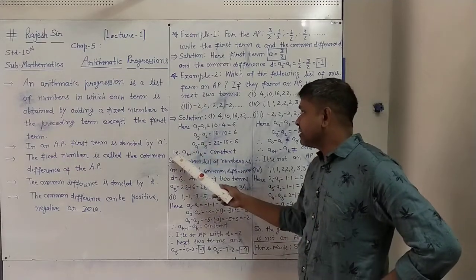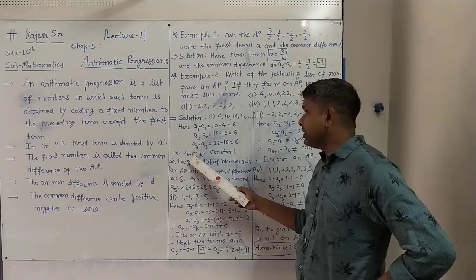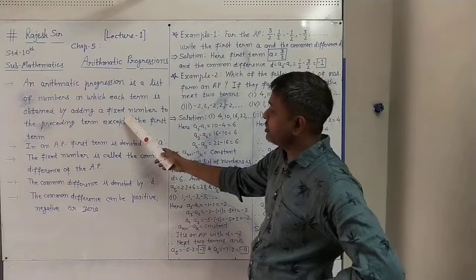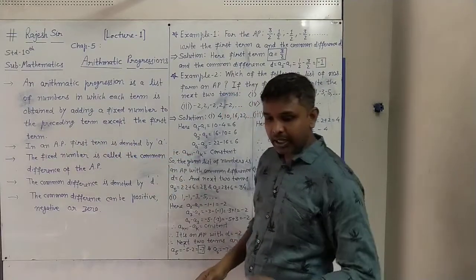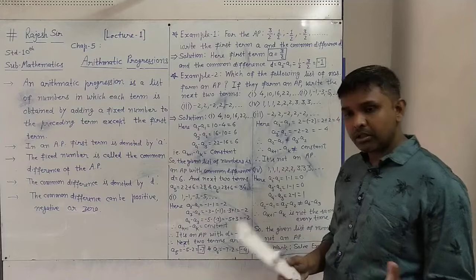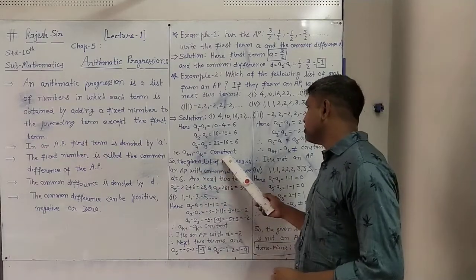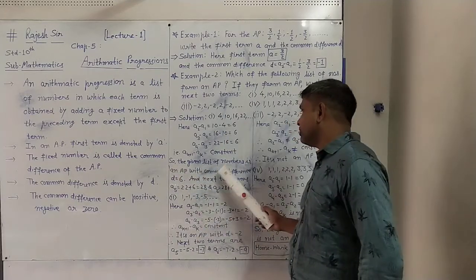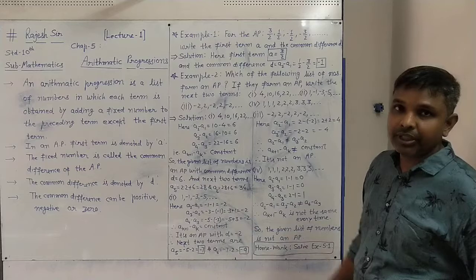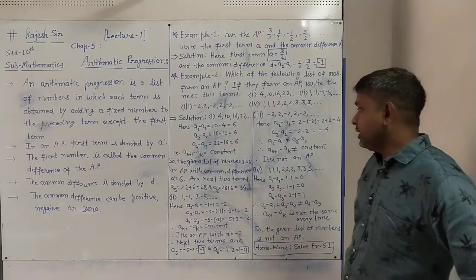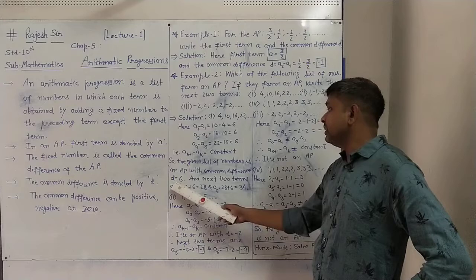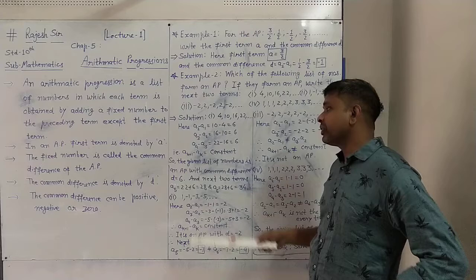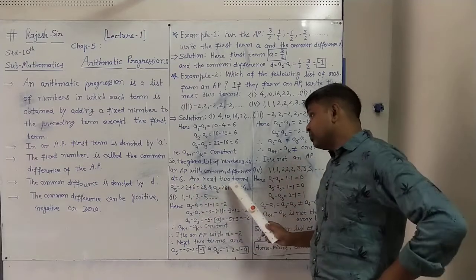So in general, what we can say, A(k+1) minus A(k), means the term minus its preceding term, that was in the definition. Preceding term and the present term. So the difference remains constant, every time 6, 6, 6. If this happens, the given list of numbers is an AP. By the definition, we can say this list of numbers is an AP, with the common difference d equal to 6. Common difference is 6. And what is the first term here? 4, a.